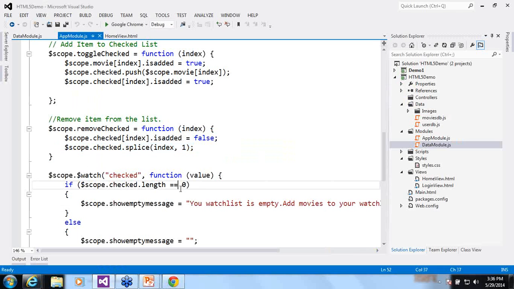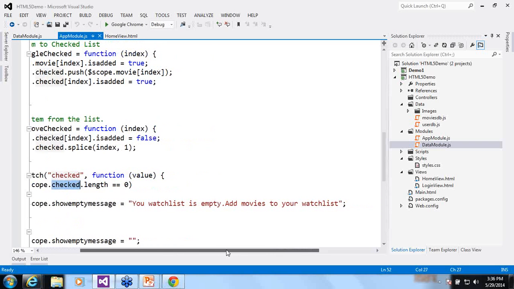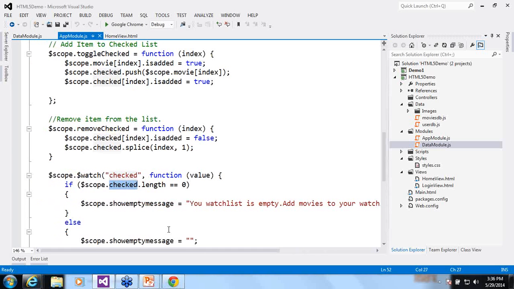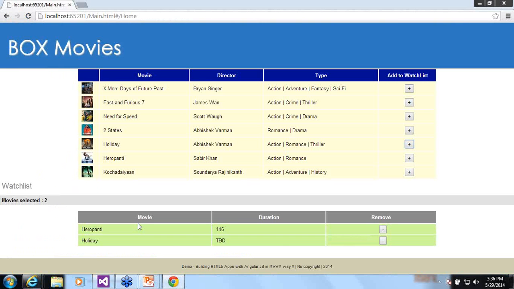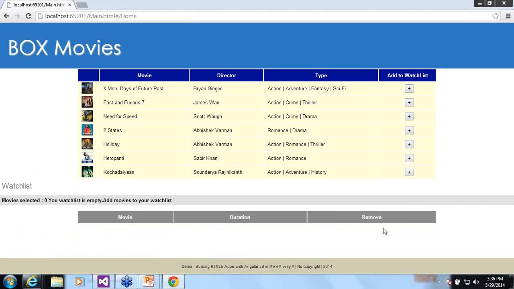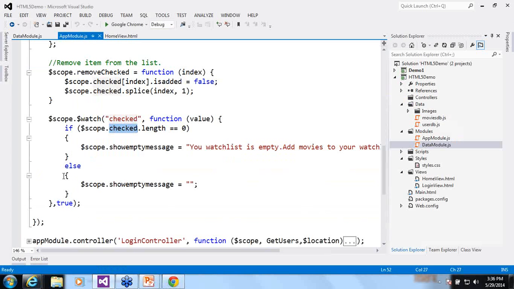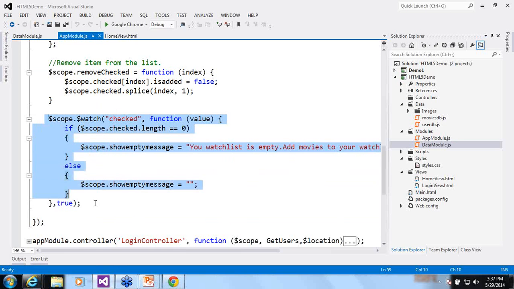So whenever an object is pushed to the checked array, I do a check: if the checked dot length is equal to 0, just notify the user that your watch list is empty. But if there are objects, do not notify the user. So if you see in my application, when I click on remove, automatically I get this message. It is because of this watch function.